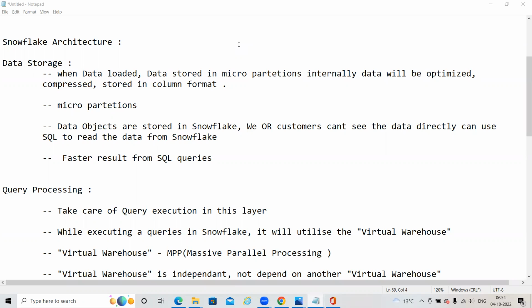Sunil Kumar, no. Shashikumar, yes. Sunil? Hello? Are you able to hear me, or am I not able to hear your voice?